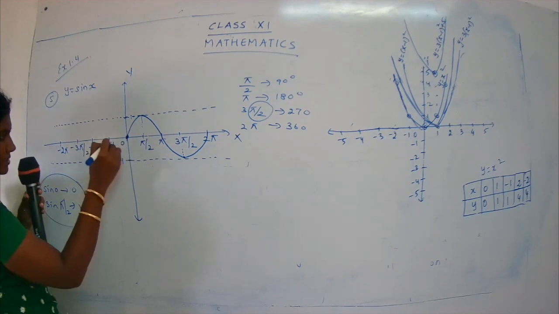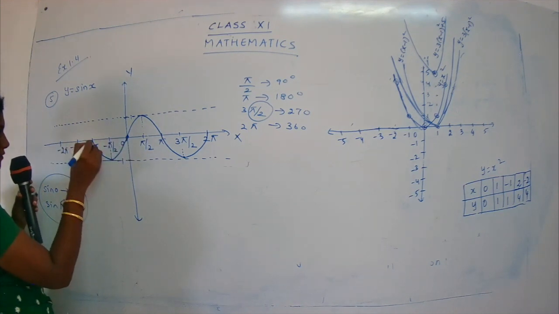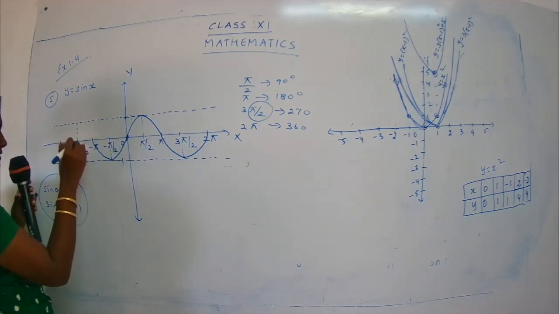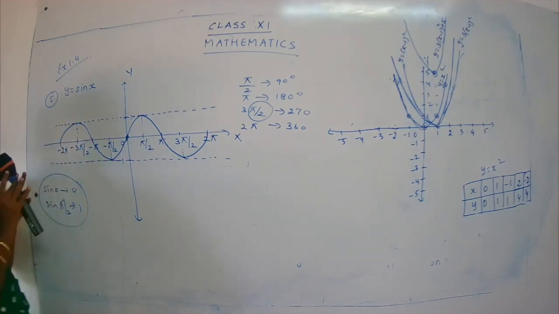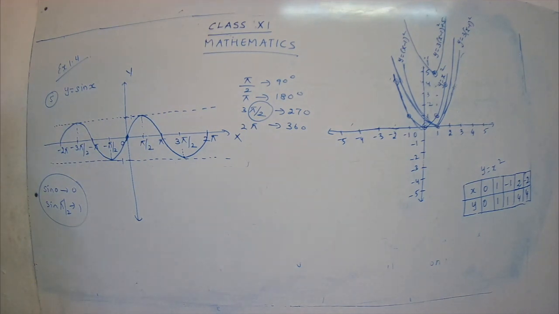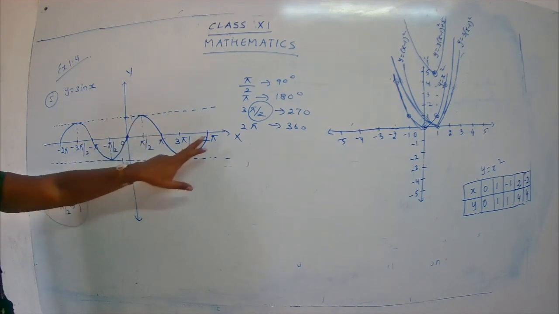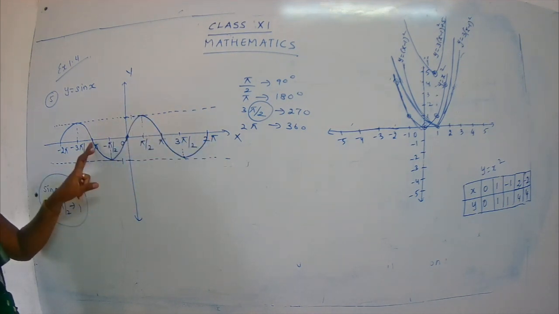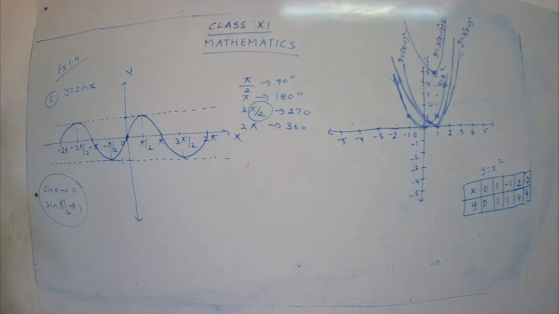So here you have a peak. It goes like this, at minus pi by 2. Like this. And here you have from here, minus 3 pi. Okay. So I have completed the graph for sin x. See how I have started? I started from 0. So 0 to pi, then pi to 2 pi, 0 to minus pi, and minus pi to minus 2 pi. So this is the curve for sin x. Remember the curve for sin x. You should know how to plot the curve.